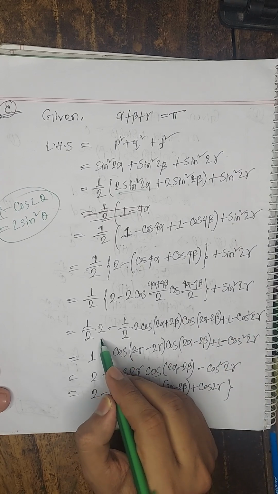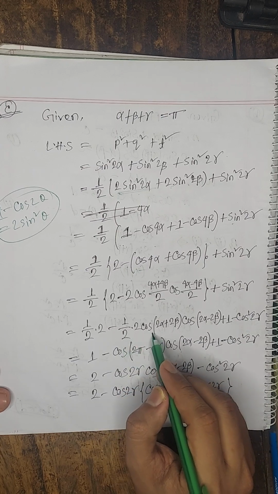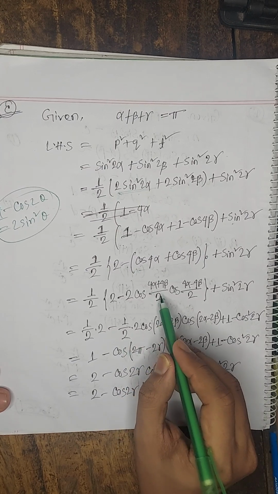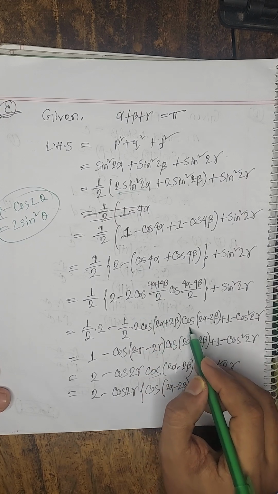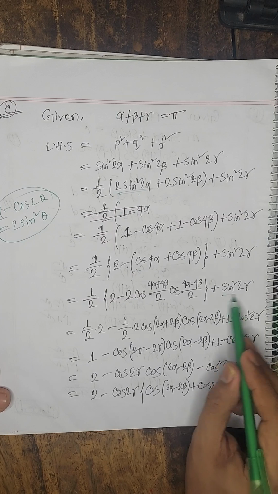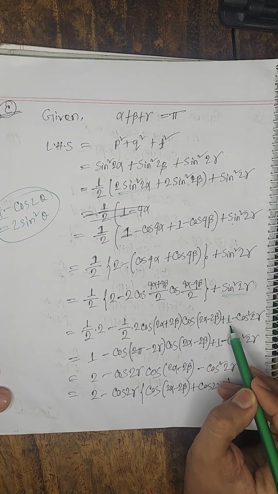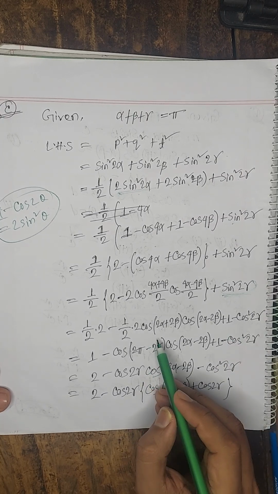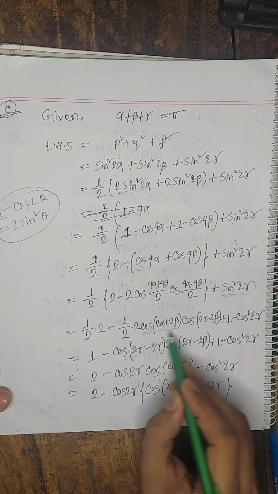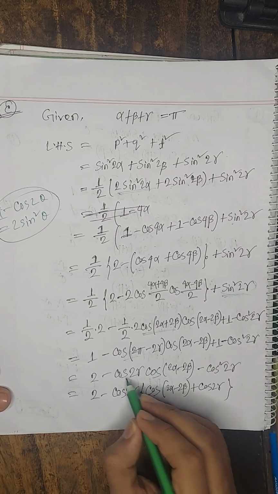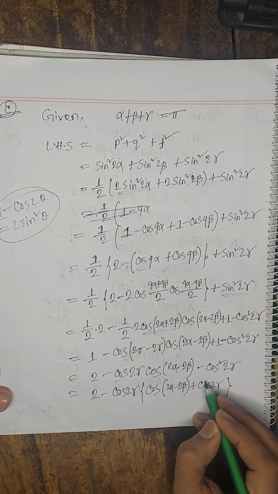Then we get half times 2 minus half times 2 cos twice alpha plus twice beta and cos twice alpha minus twice beta, and we write 1 minus cos square theta instead of sin square theta here. Then we get 2 pi minus twice gamma instead of this. Then if we take common cos twice gamma, we get cos twice alpha minus twice beta plus cos twice gamma. Okay,